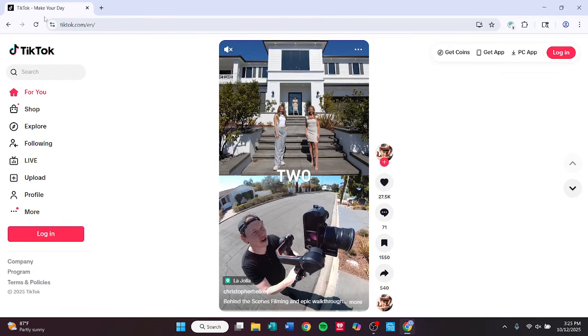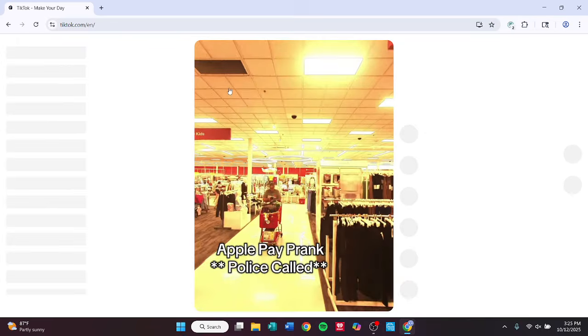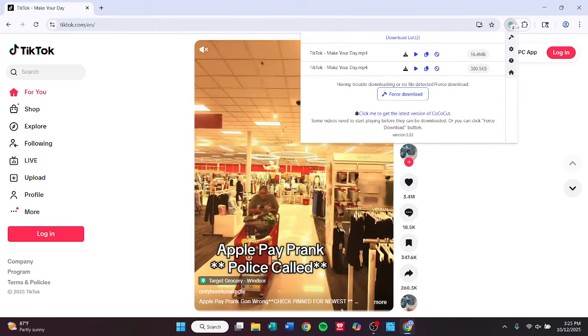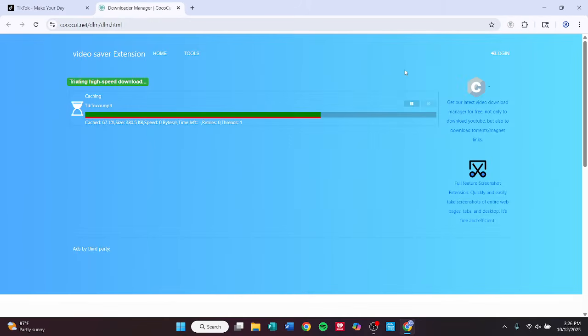Now TikTok, it's basically the same. I'm going to refresh the page and mute the video so the volume isn't playing during the recording. Once you get to the video you want, you go over here and same process, but this time I haven't been able to figure out which one is exactly it. So I'd say download the biggest one,